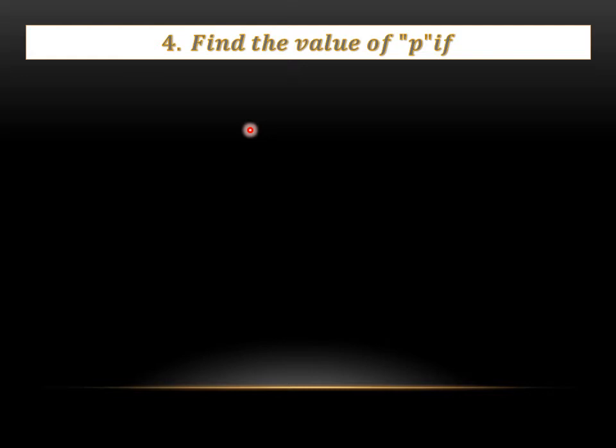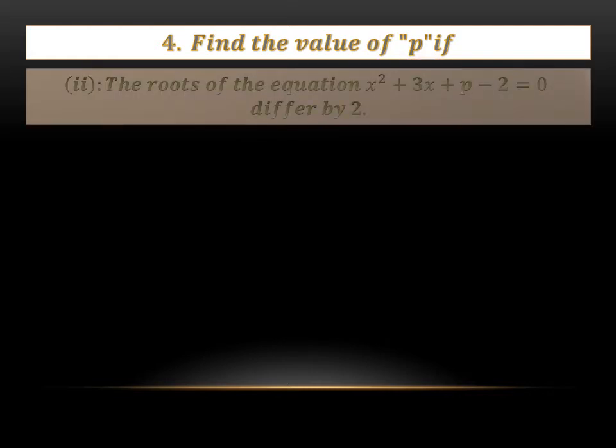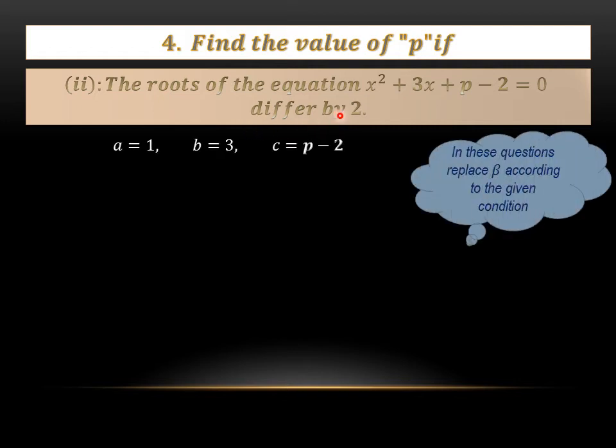Coming to the next part, find the value of p if the roots of the equation x square plus 3x plus p minus 2 is equal to 0 differ by 2. As I told you before, whenever the question is in this form, differ by, we have to replace beta according to the given condition. So now, what will we replace beta with? We will replace beta with